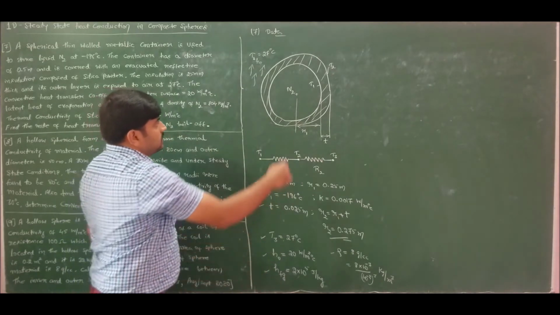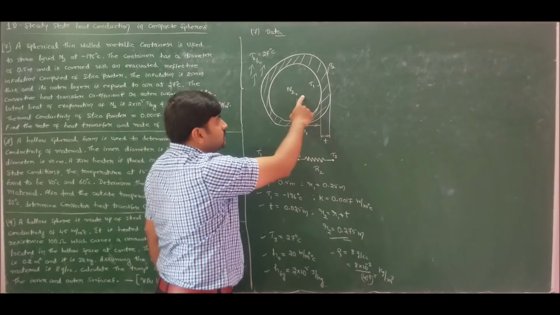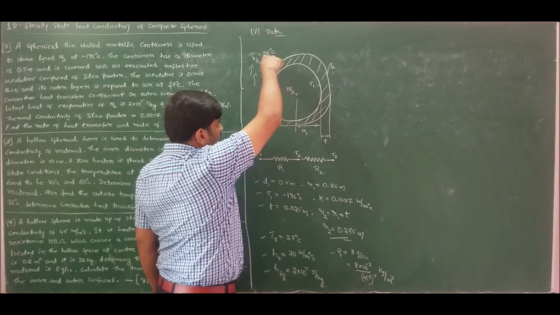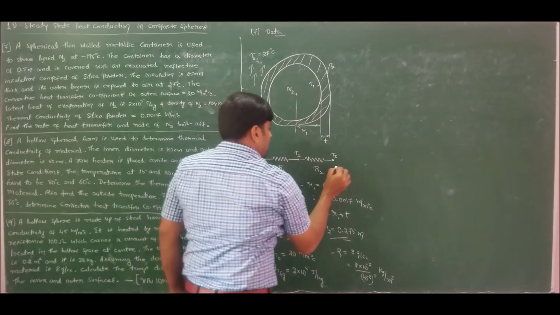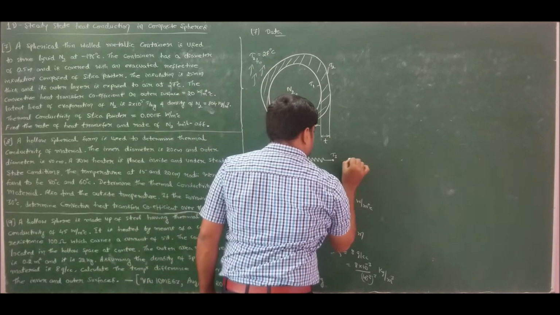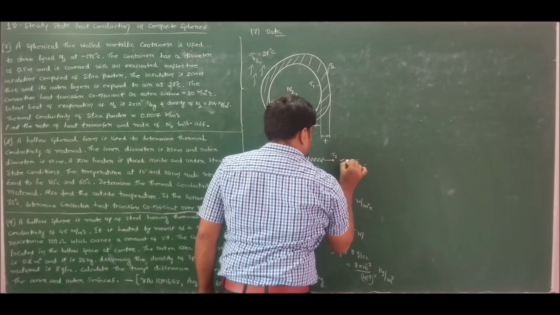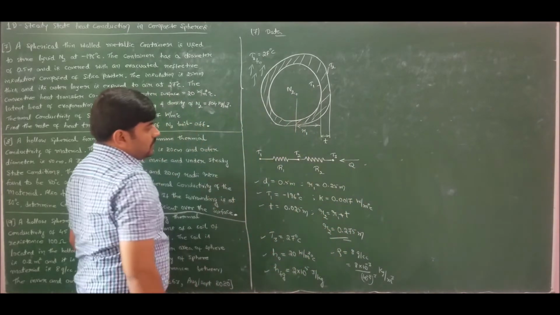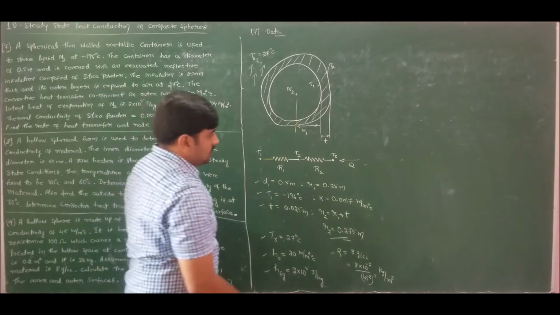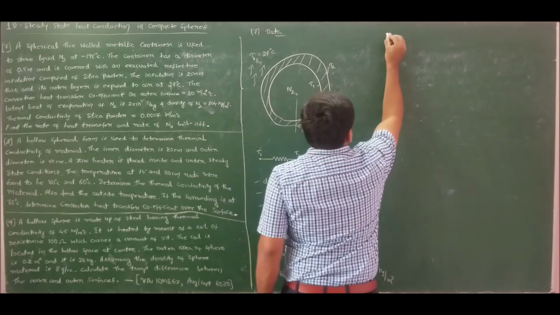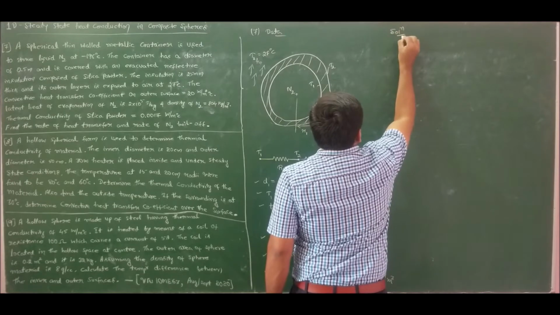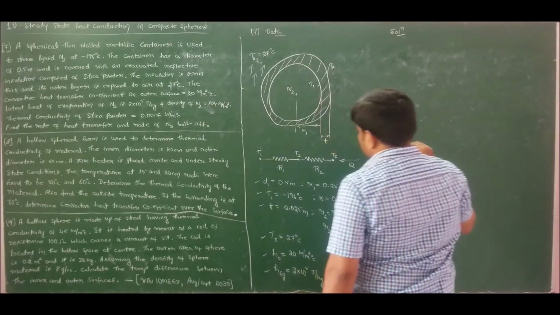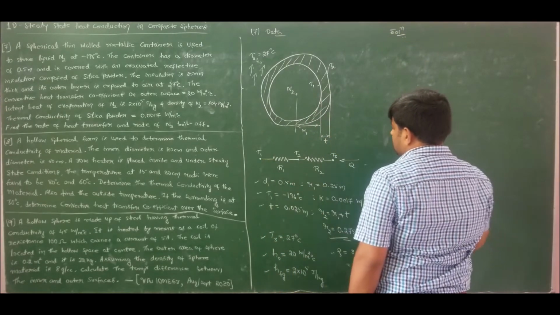So if you observe, the liquid nitrogen is at a temperature of minus 196, whereas atmosphere is at a temperature of 27. So therefore, heat transfer is taking place from atmosphere to liquid nitrogen. It is from outward to inward. So let us solve this problem. If I move for solution, first let us calculate the resistances.